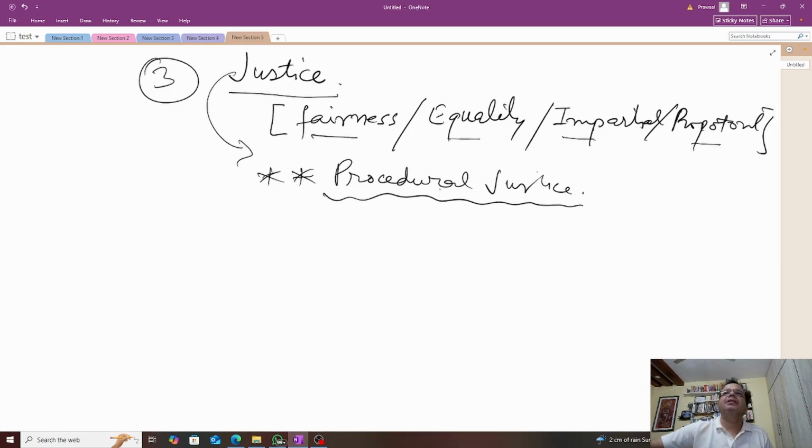So procedural justice means that there needs to be fairness in your operations. Let's suppose, not just related to AI but in general also, you would have seen that if there are poor people who cannot afford advocates, and they have to go through some kind of legal proceeding, the government provides them a free advocate from the government side, so that they are heard, they are not ignored. So procedural justice is applied there. Another justice is called distributive justice.